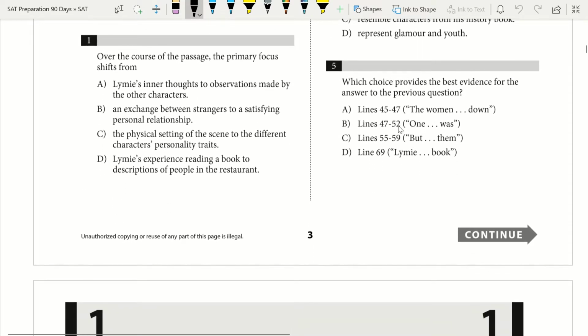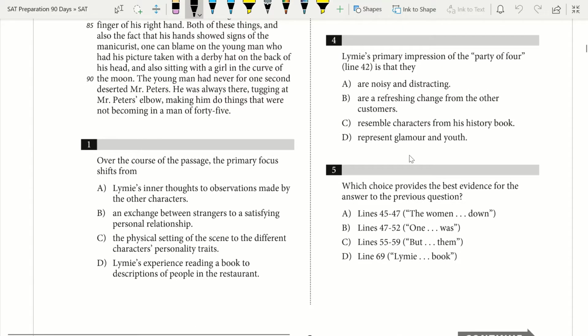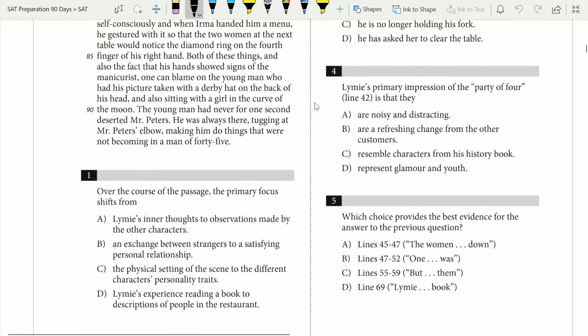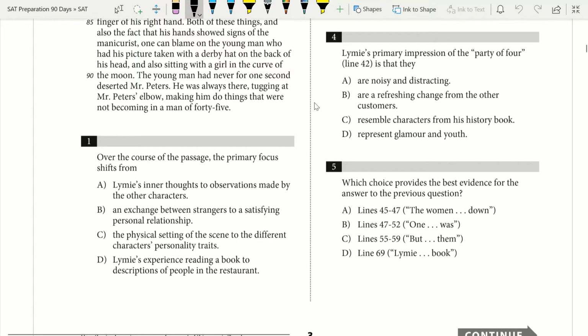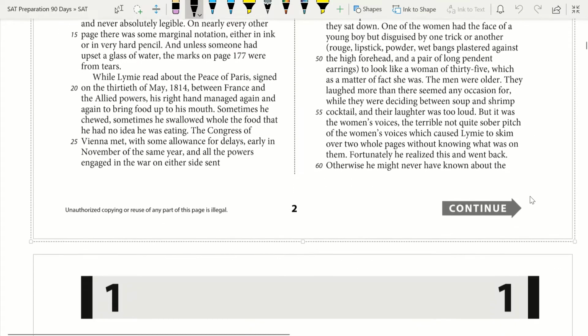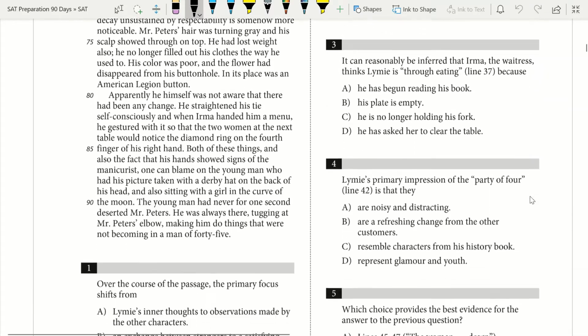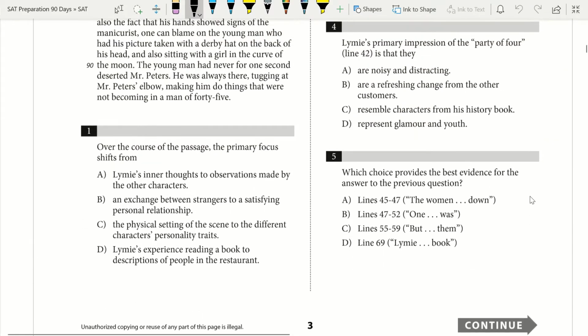Alright, over the course of the passage, the primary focus shifts from what to what. Well, in the beginning, we talk about Limey reading this book inside of this restaurant, so we're really focusing in on Limey and his experience with the book. And then as we move on, we talk about descriptions of people in the restaurant. So we're talking about the woman, the 2 men, what they're doing, their obnoxious laughter. Then we start talking about his father that comes into the restaurant. So we're really focusing in on Limey's experience in reading a book and then moving into the descriptions of the